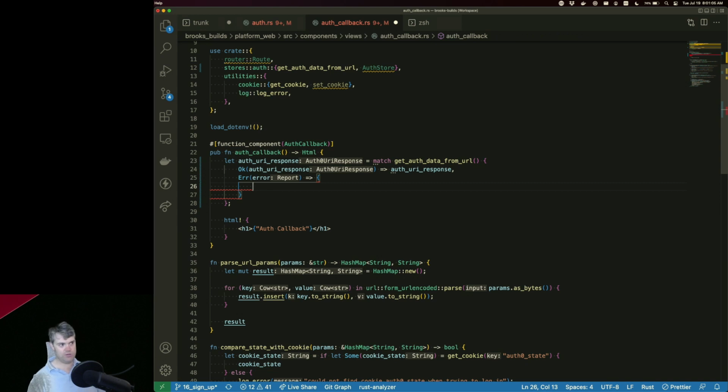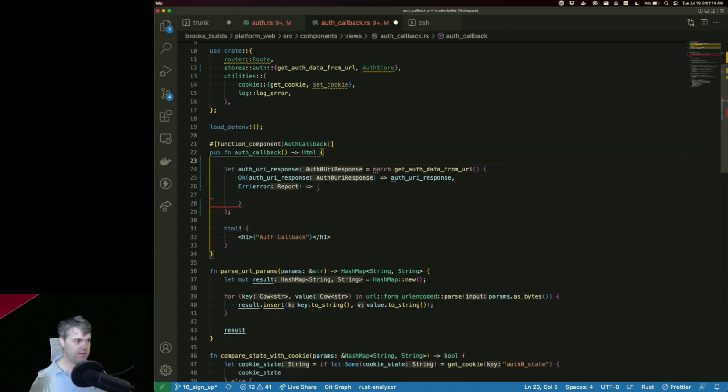Okay, so we get this error. I want to store this in the store. We're not at a function, so I can use that. I can use it here. Okay, excellent. So use store.